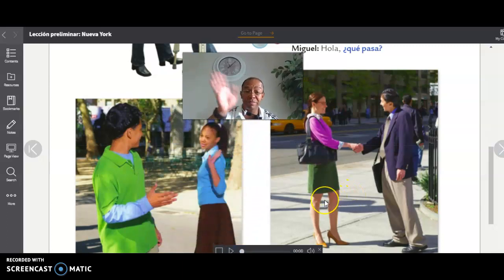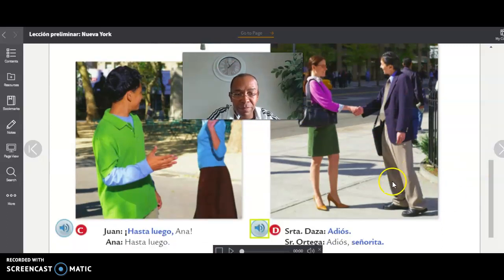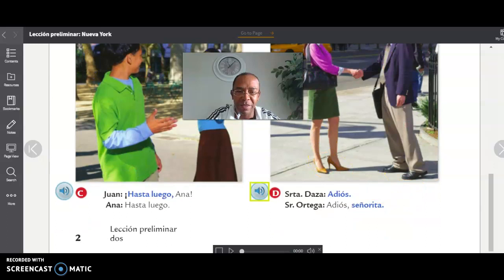What do you think they're saying? Are they saying hello or are they saying goodbye? Goodbye. Hola. Adiós. Adiós, señorita. They're saying goodbye, correct? So,